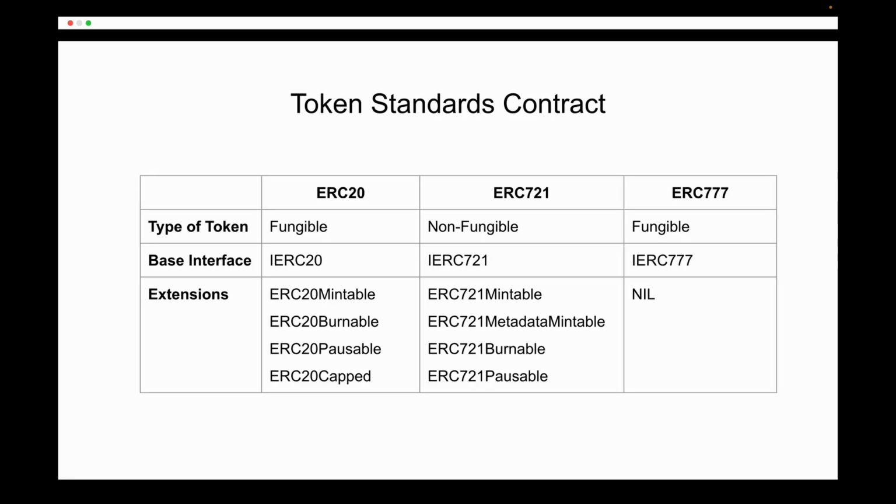Use cases for OpenZeppelin contracts. OpenZeppelin contracts provides a number of standard contract patterns that can be used to implement common functionality in smart contract development. Here are a few examples of the types of contract standards provided by OpenZeppelin. Firstly, we have token standards such as the ERC20, ERC721 and ERC777. All these 3 token standards provide common interfaces for creating, managing, and transferring fungible and non-fungible tokens on the